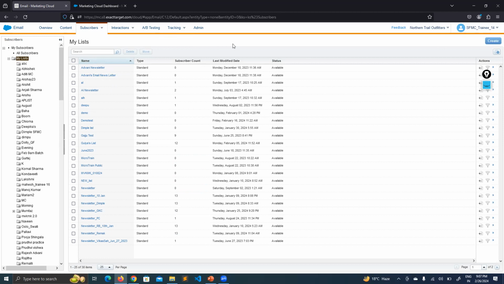But before creating the list, just do one thing, Asina. Just create your own new folder. Right click on this root folder that is named My List and click on New Folder. Why am I saying it? Just because this org is used by multiple candidates, right? Because we have purchased the org and we are providing it to multiple batches. So whatever work you do, just keep it in your folder. Okay. It will not make chaos. So right click here. Let's say I will give the name as